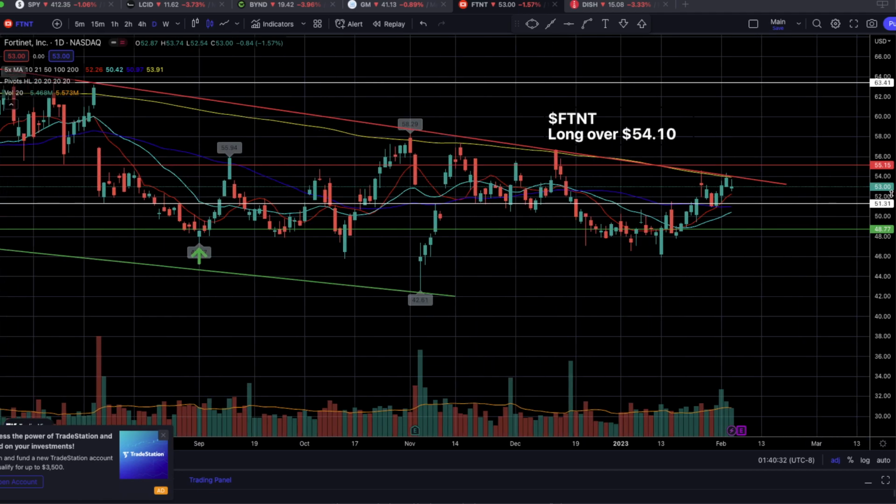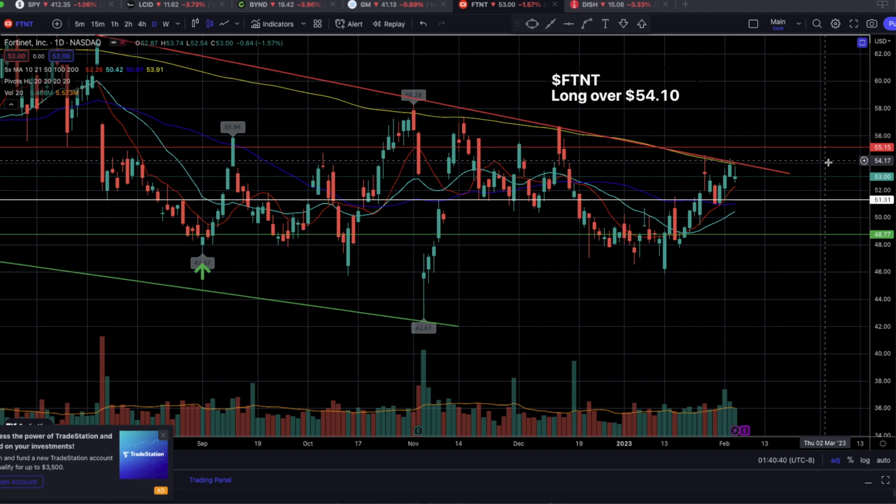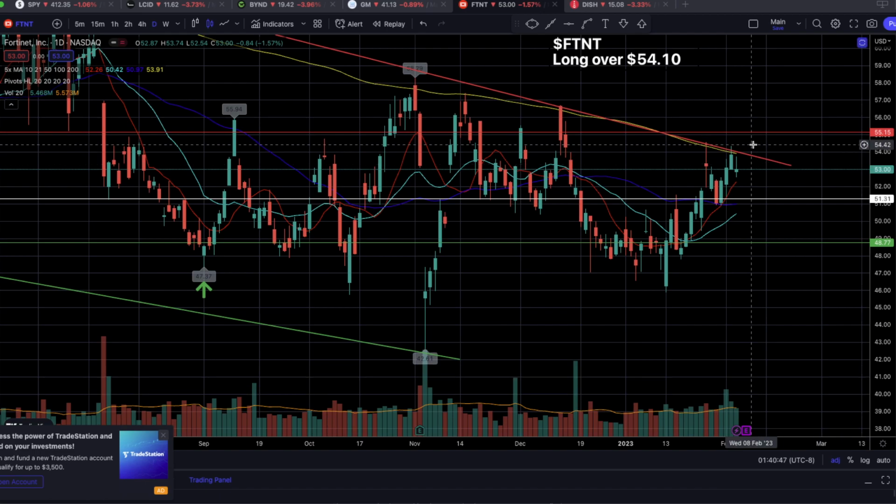Now with that in mind, I gave you guys an entry point at $54, specifically 54.10. And the reason for this entry point is that this is frankly an early entry. Why? Well, on the daily time frame, we're still seeing heavy support at the 10 SMA. How do we know this? Well, the price is still sticking to the 10 SMA, and it seems like we are trying to consolidate